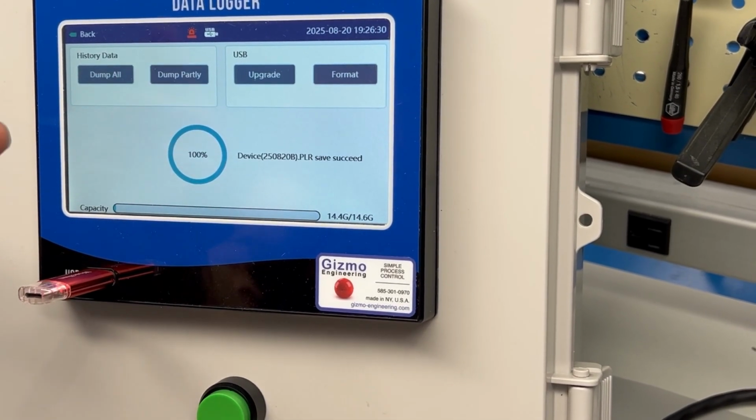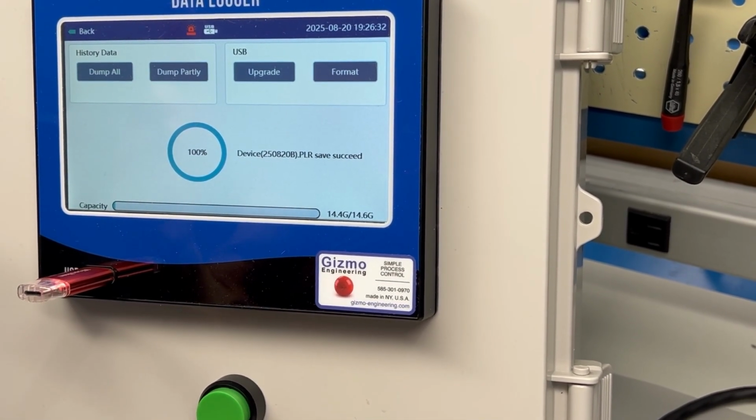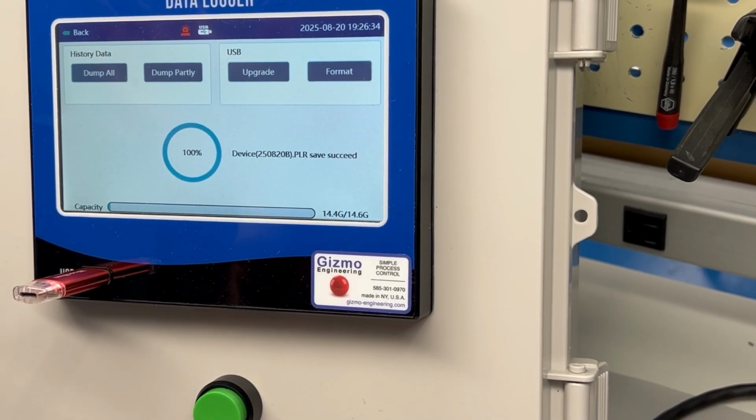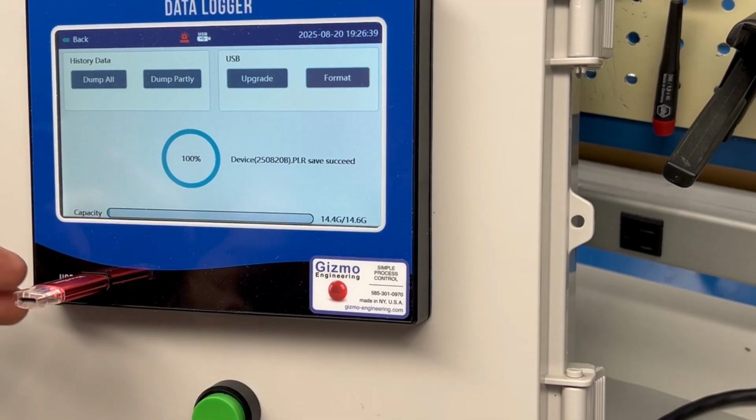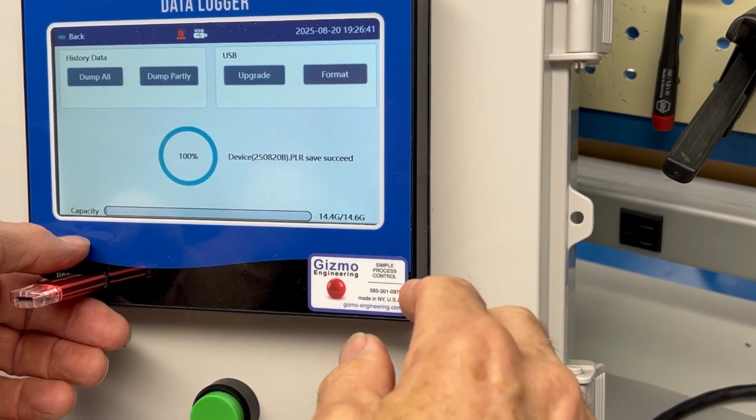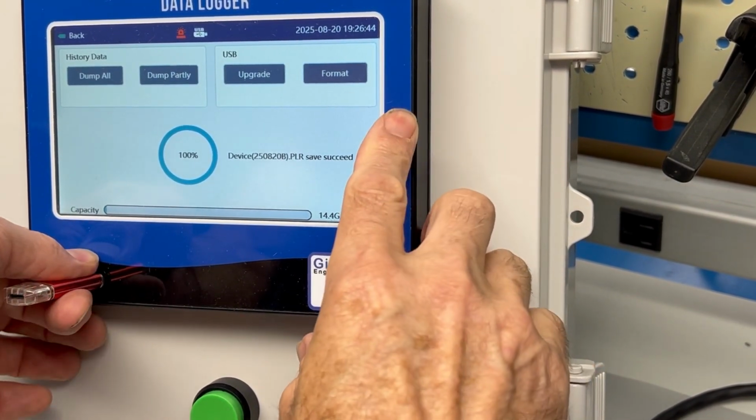There's a chart on our website that shows how much data it will collect. It's something like, if you take a reading every 5 seconds, it'll last for something like 200 days. So this stores has a very impressive storage memory. Anyway, so now